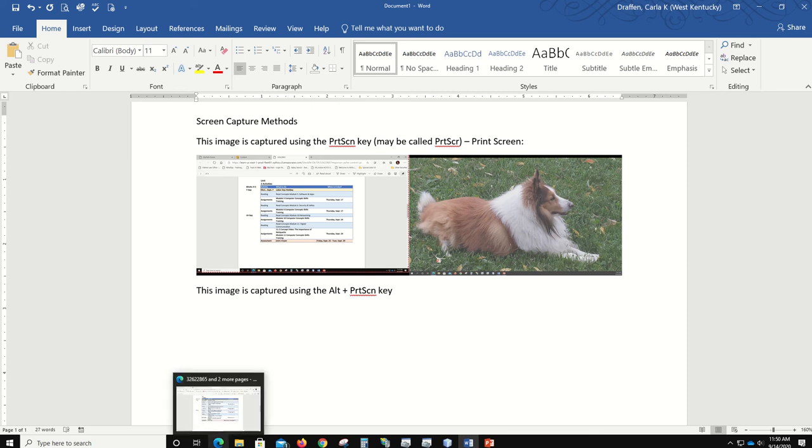Now most people run that together, but I think it's easier for you to see what you're holding down. It doesn't mean you hold down the plus sign. You hold down the Alt key, tap the PrtScreen key, and let up. If you hold down the Alt key too long,